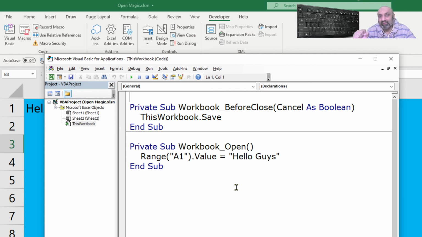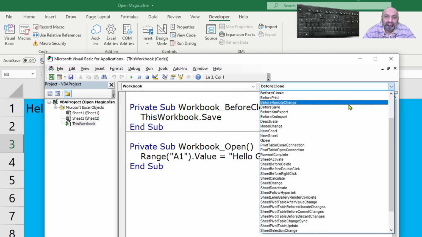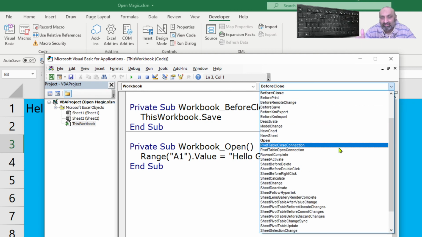It gives you so much power. You have planned, you have created an application, a model, and you want to save it whenever there's a click on a specific button, a button with a save command. Otherwise, if someone closes Excel, changes will not be saved. Or you want to force saving every time the workbook closes, you can use this. So how we came here: it was ThisWorkbook. From the left drop down menu, it was Workbook. From the right drop down menu, it was either Open or BeforeClose.